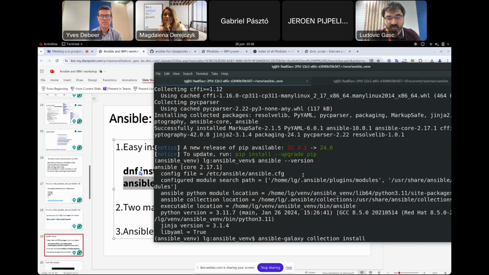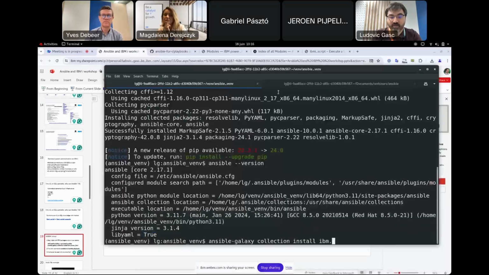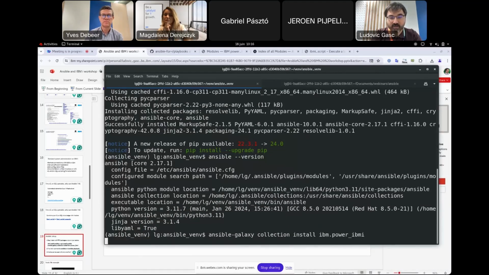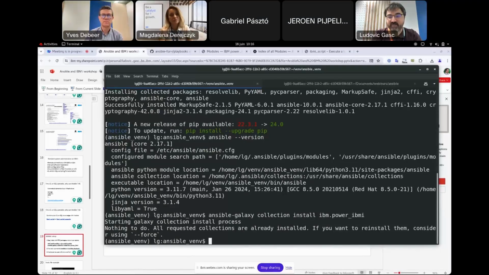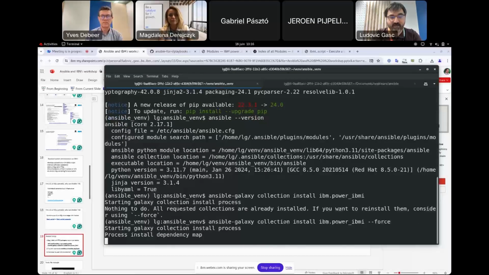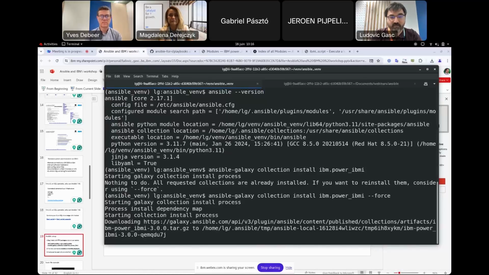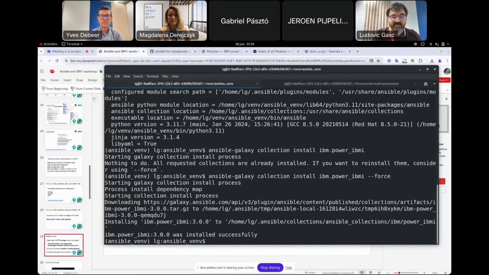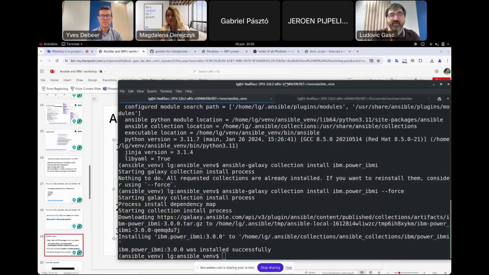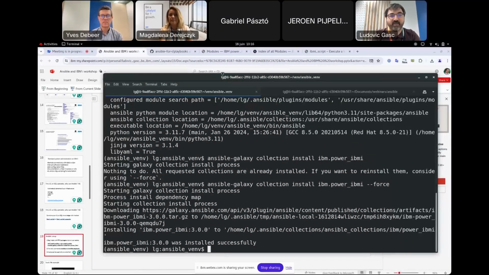Now I'm using this command to install IBMi. It's already installed on my system. I can force it to reinstall. Voilà. Now it's installed, and now I can use my laptop as control node to be able to automate on